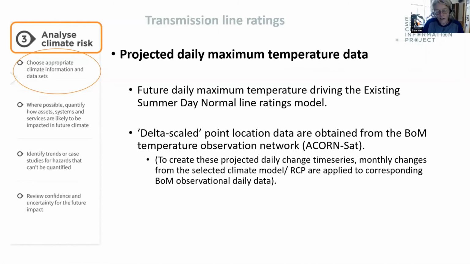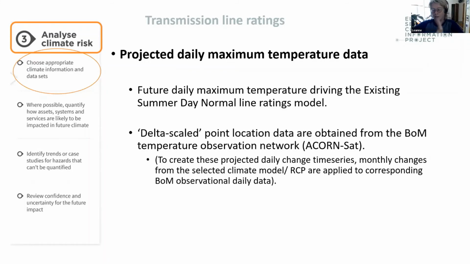Not only do we do delta scaling on gridded data sets, as you saw in that diagram Michael showed you earlier with the 3 maps of Australia, we can actually do delta scaling on time series data sets. In this case, we have access to the Bureau of Meteorology temperature observation network daily data, and to those daily data we can add the projected change. So we add the projected monthly change for that location into every